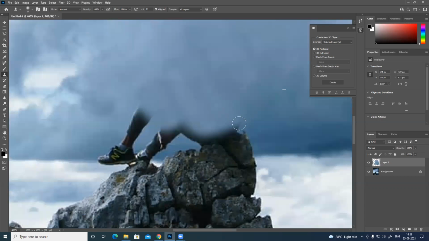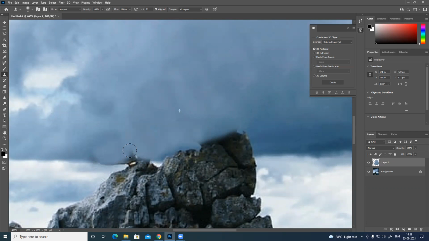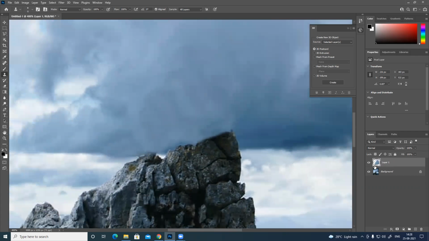Do not do it on the same layer directly. Removed it.